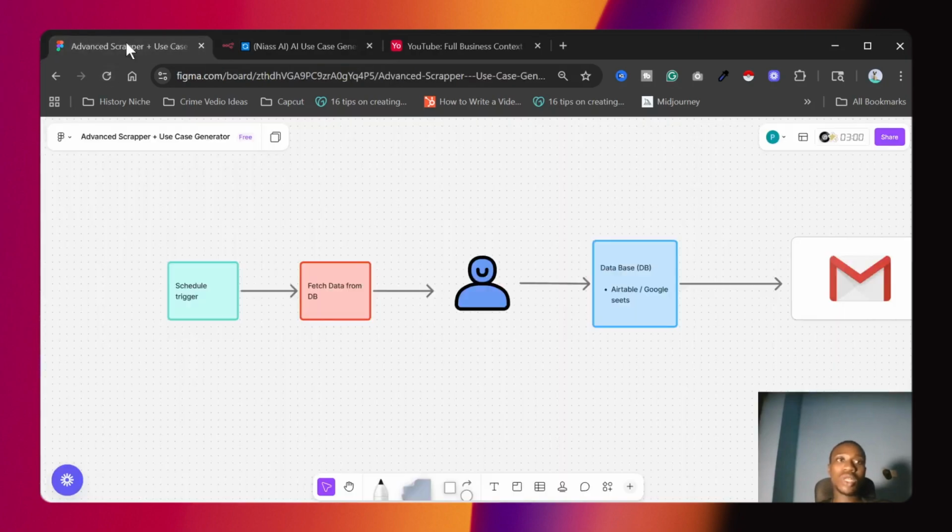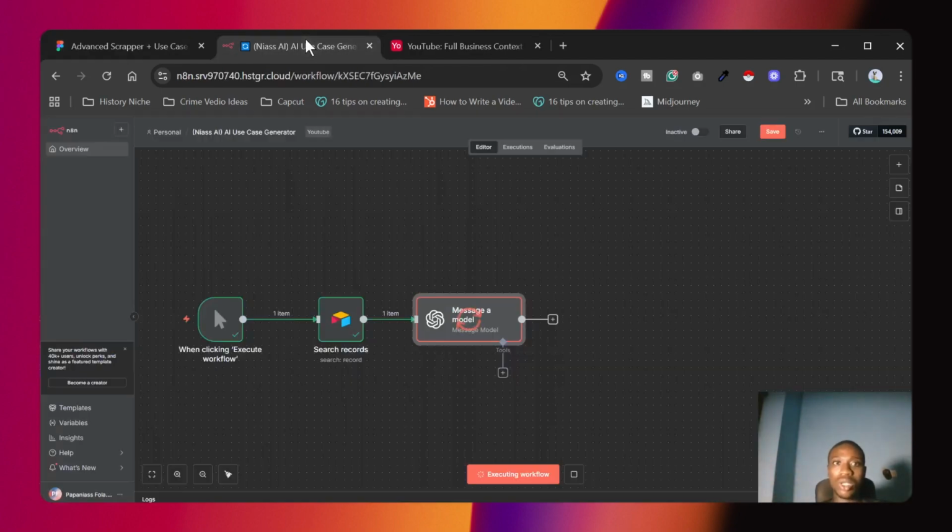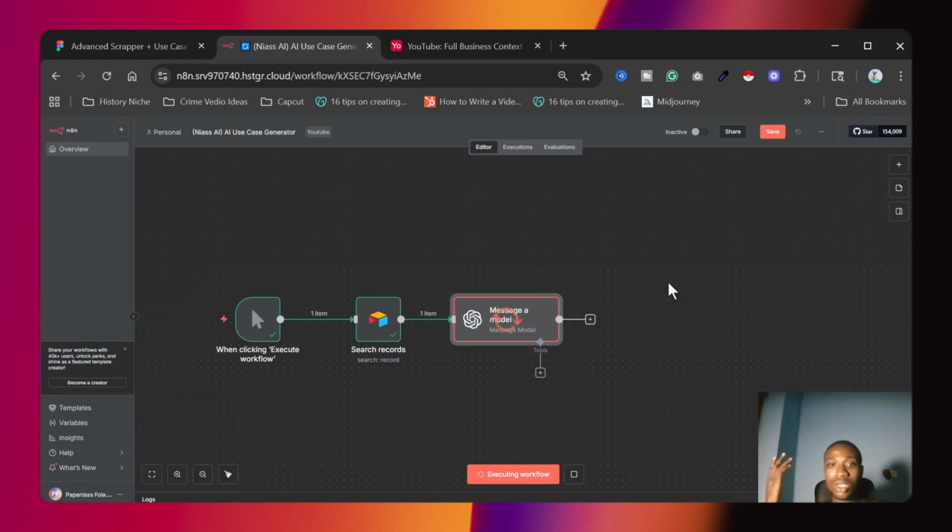Before that gets done, we need to create a database, and maybe show off creating a draft in Gmail so the business will get that directly. But honestly, I don't think it's advisable to send directly to the business just because you scraped their sites. Some sites might not have the Gmail there, and some might have it but it might not be working anymore. So you can do it your own way, be creative with it. This is just the foundation basics; you can still build on these systems and make them more scalable.